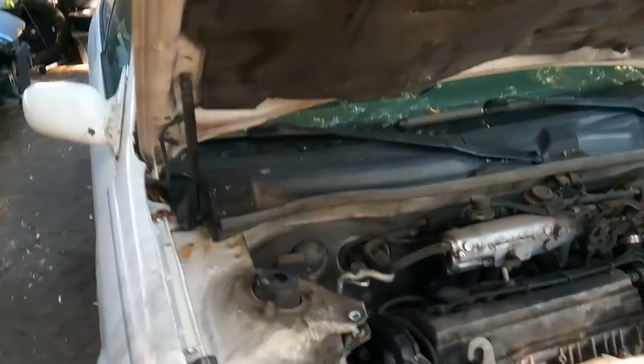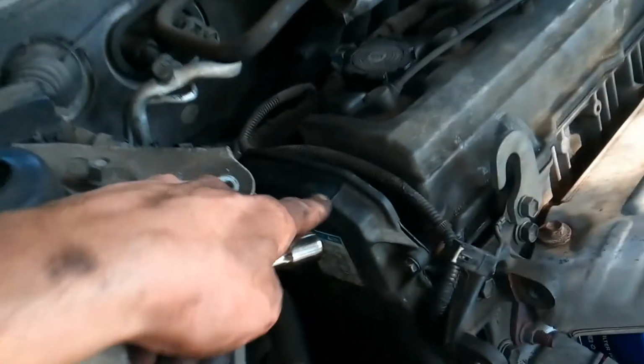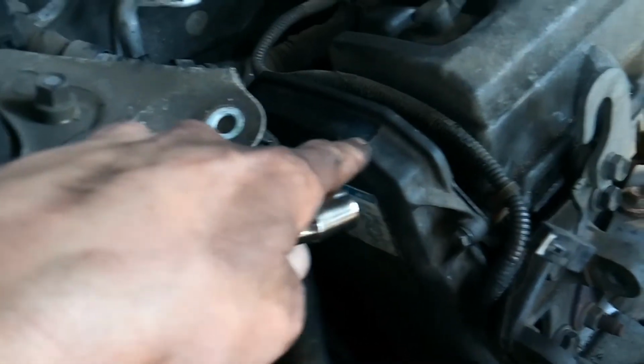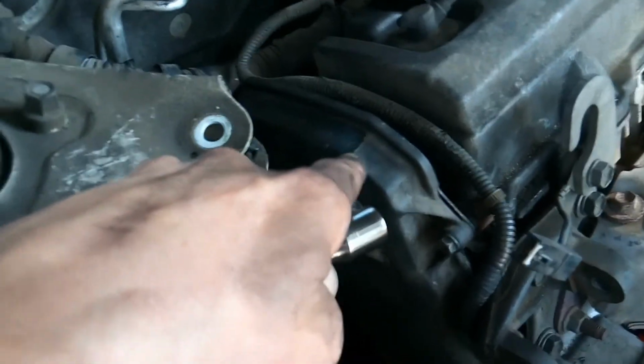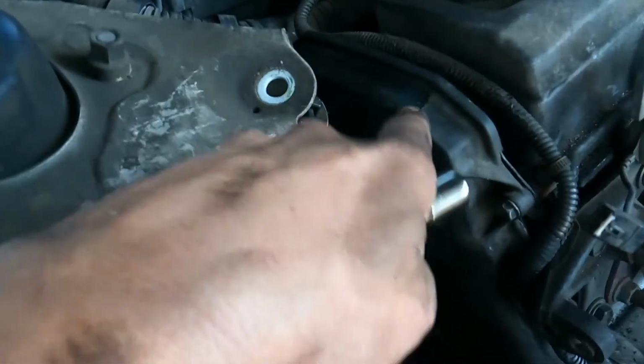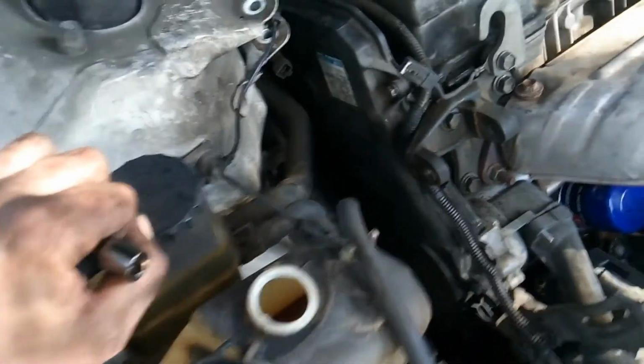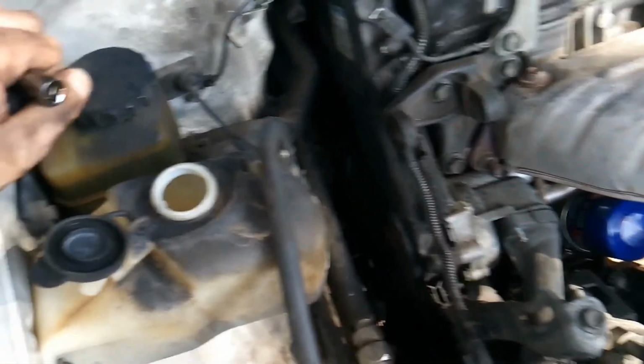Well, after being here for a couple hours, I noticed on top of the timing belt guard right here, there was a sticker that said the timing belt was done at 106,000 miles. So I have to refer to the manual and see what increments that's supposed to be done. Because, to make a long story short,